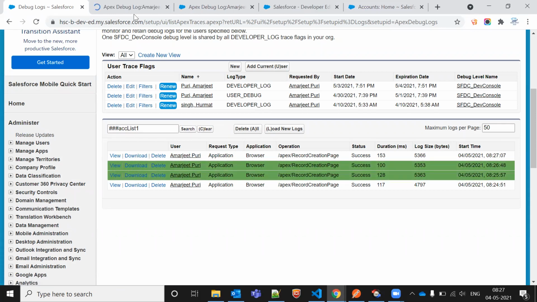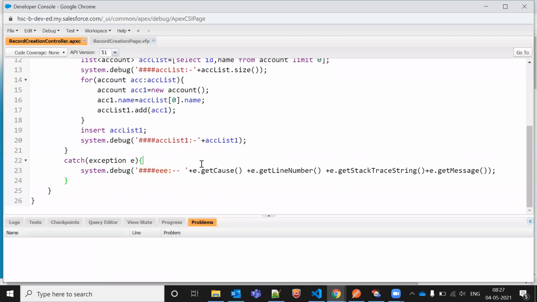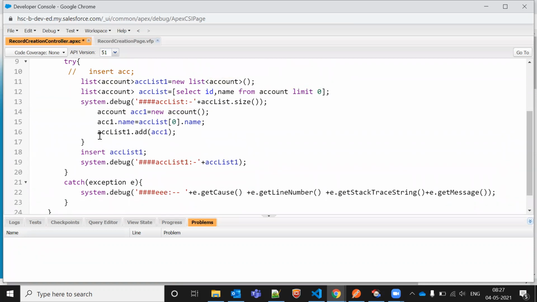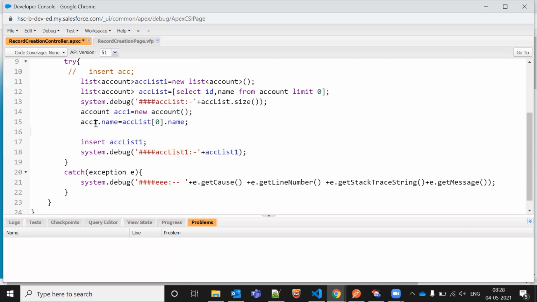In this scenario, we generally get a list out of bound error, because here we don't have any records. So the first record, how can we catch it from there? In that scenario, we won't be able to insert any of the records. So I don't need to insert this one, and I can insert this one. Let me try now. Are you understanding what I'm trying to do here?